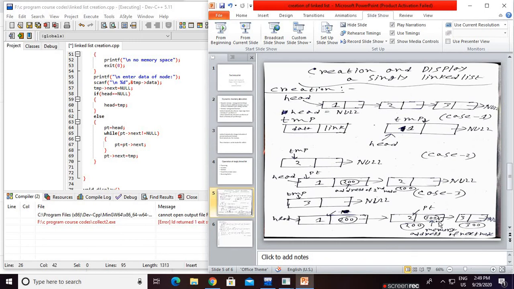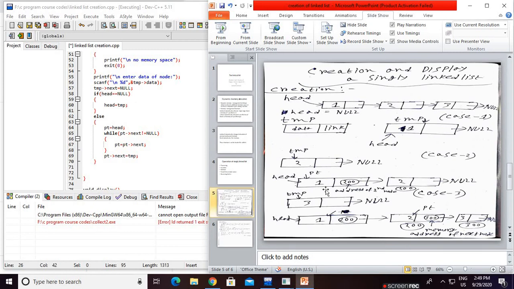In a simple way, you can say that the address of the next node is stored in the next part of PT. In the same way, the address of the second node is stored in the next part of the first node. Every time, the work of the next part, the address part, is just storing the next node's address. If you are trying to enter another node, obviously go and check there, create a temp node.